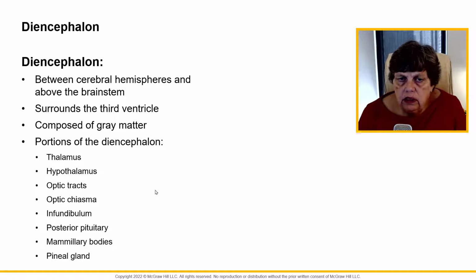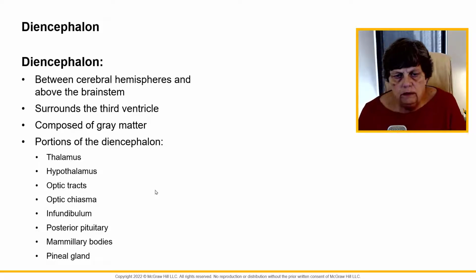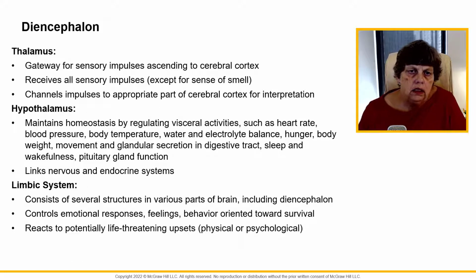Okay, the diencephalon, this is between the cerebral hemispheres above the brain stem, basically under that corpus callosum, under what we call that fornix. It surrounds that third ventricle. You can see these portions. You have the thalamus, the hypothalamus, what we call the optic chiasma, and the pineal gland. So the thalamus and the hypothalamus, you're going to get to know the hypothalamus really well next semester. But the thalamus is the